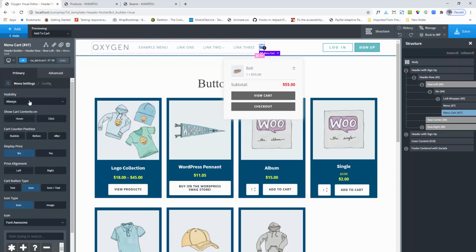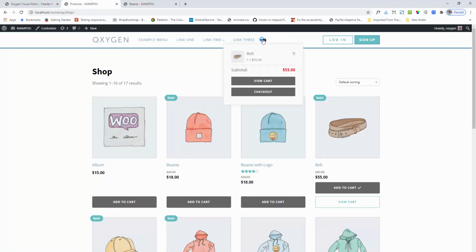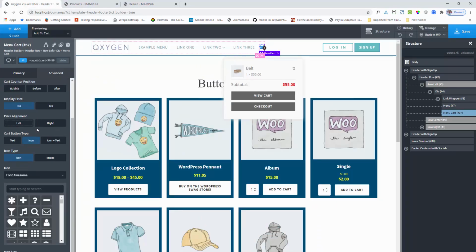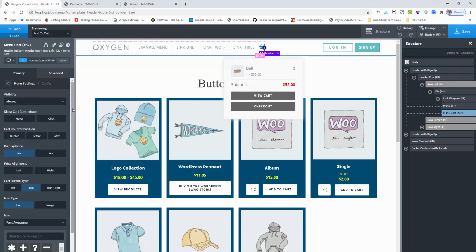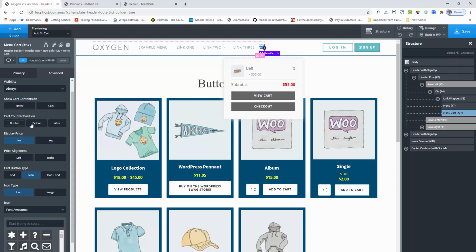Next is the cart contents trigger option. By default I set hover, but you can also set click. So when you click on this button, this pop-up box will appear. Okay.